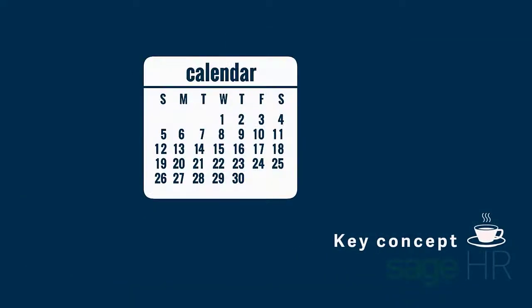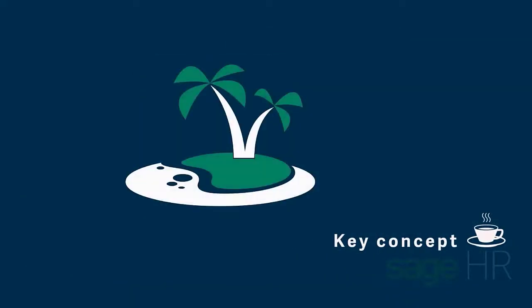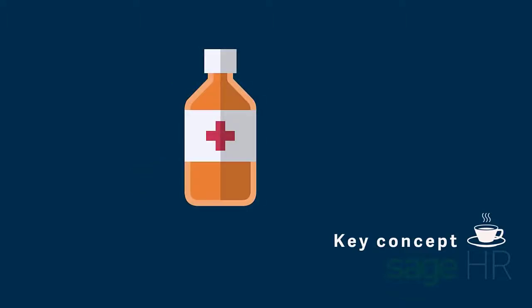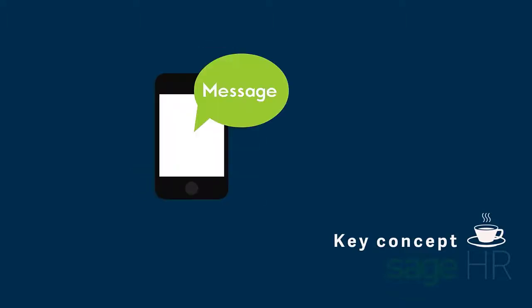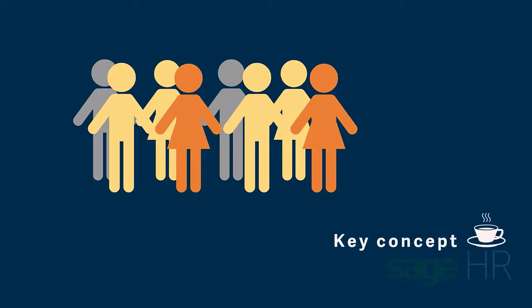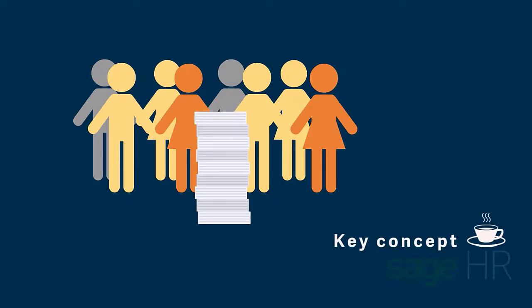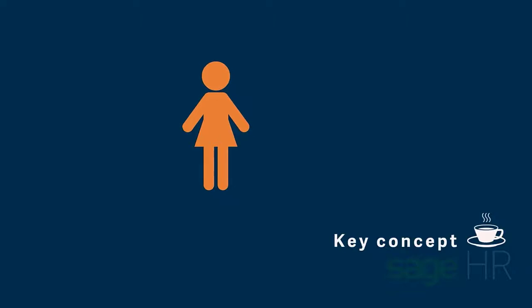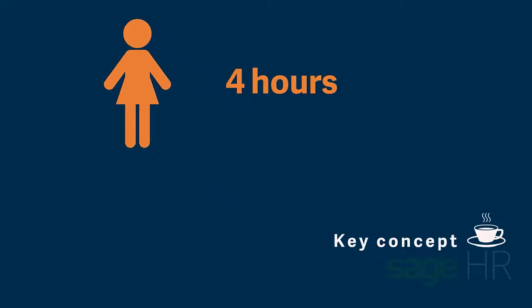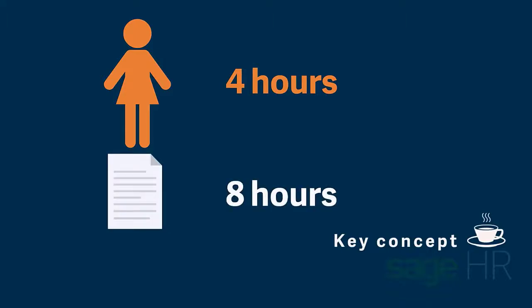Time off policies provide settings for all leave types such as vacation, sick, working remotely days, and so on. Is it always necessary to have multiple time off policies for the same leave type? No. Use individual allowances where only the default allowance for an employee is different to the default allowance on the time off policy. The individual allowance set at the employee level overrides the allowance at the time off policy level.